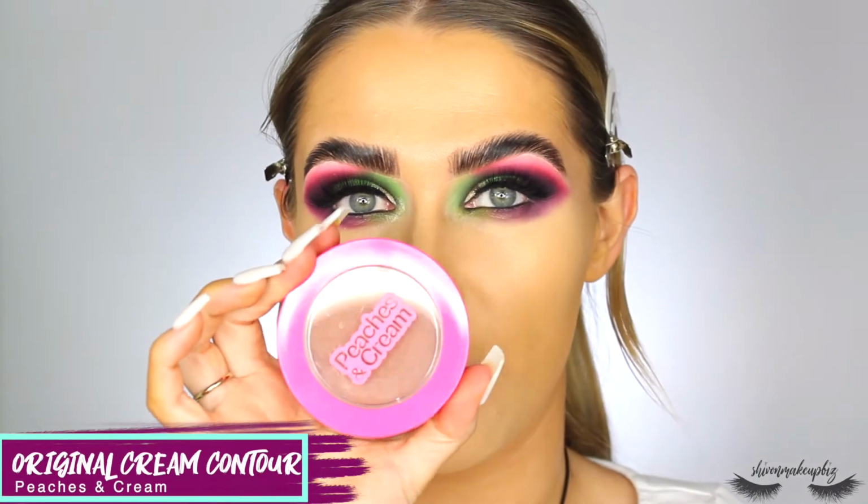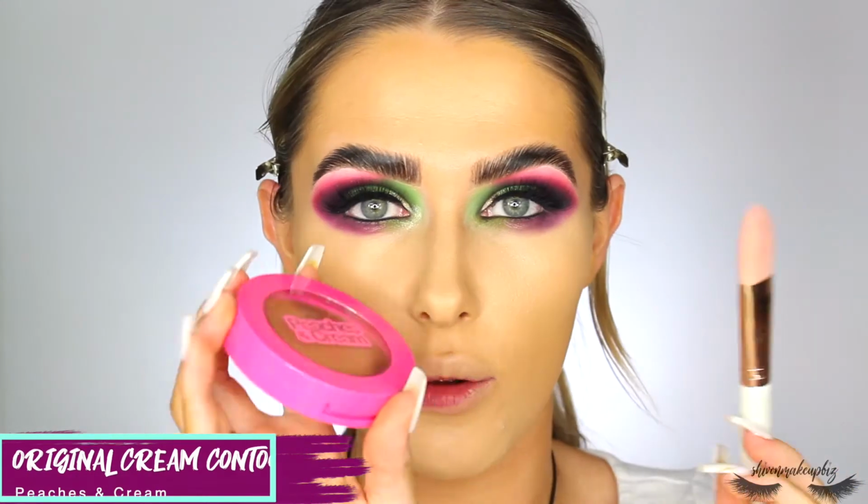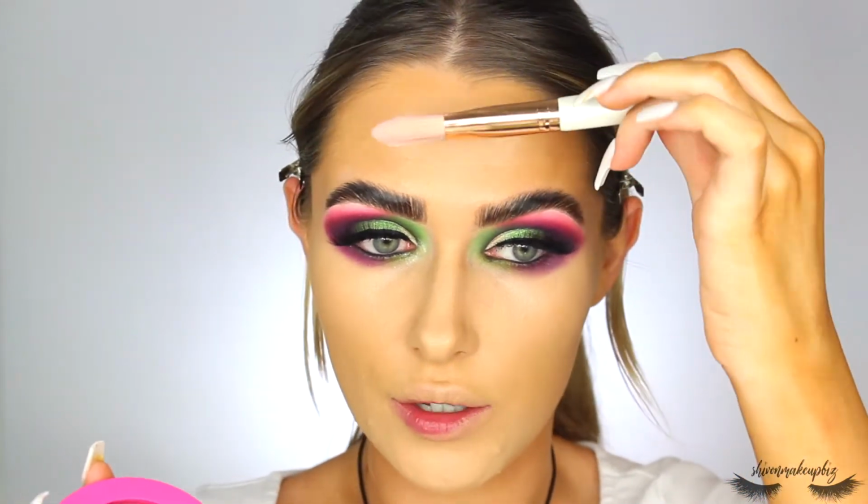Now I'm going to cream contour with the Peaches and Cream Contour. I've used this a few times now and I actually really like it. It has a little bit of a red undertone to it, I think, which I actually really like in a contour product. So I'm going to pop this along the cheekbones and around the top of my forehead, under the jaw, down the nose, just to add some warmth to the skin, some shape and depth. I'm going to pop it on using this foundation brush from Eco and blend it out with my Smashbox